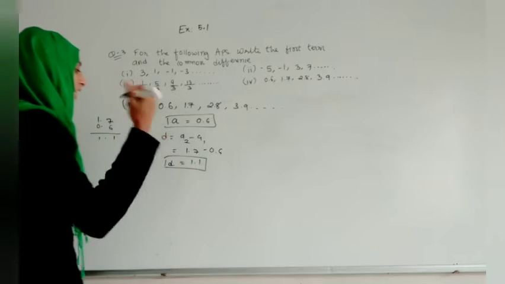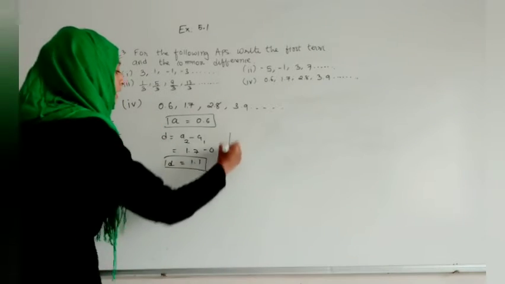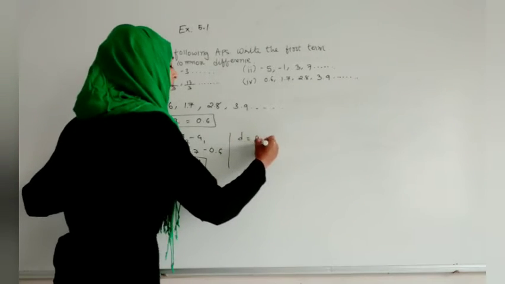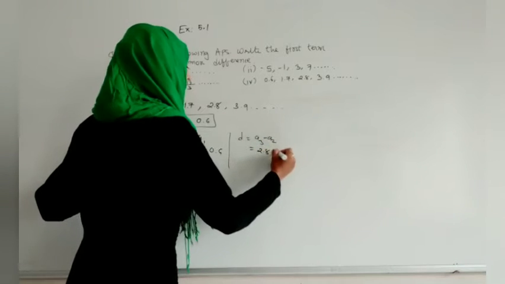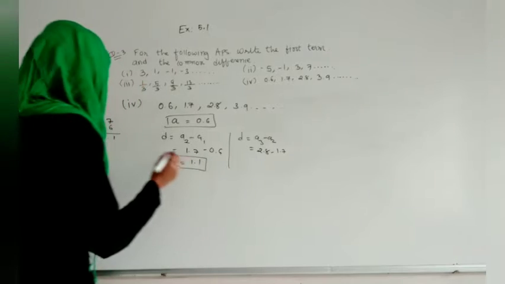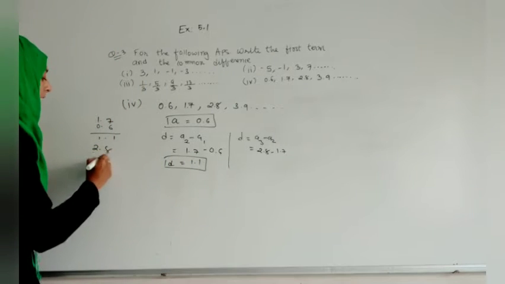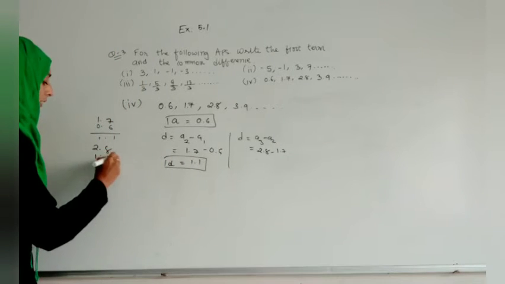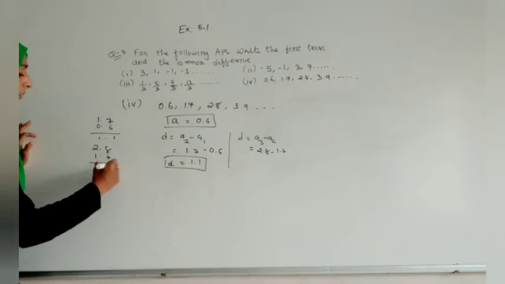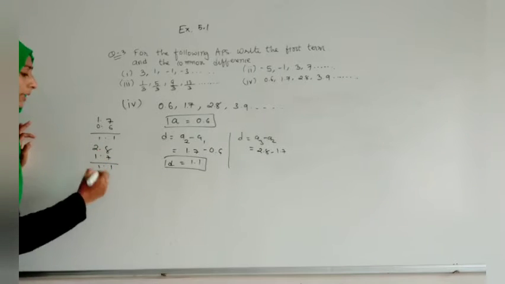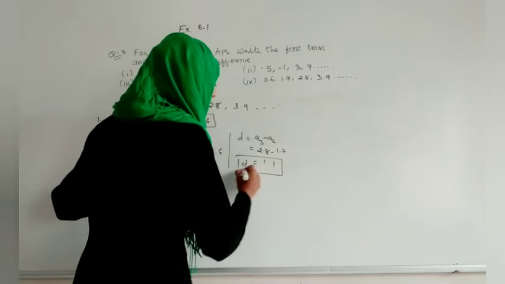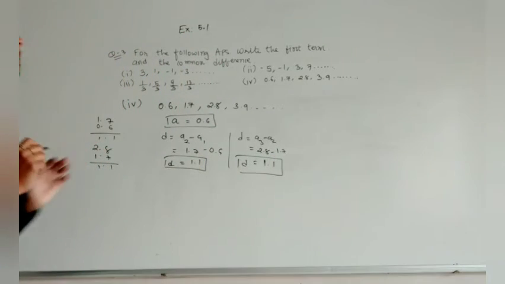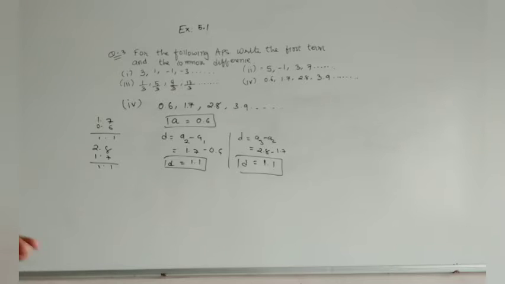If you want to check it again, you can check it by doing A3 minus A2. So what is A3? That is 2.8 minus 1.7. So here if you are writing 2.8 and writing 1.7 with decimal below decimal, so 8 minus 7 will be 1, and 2 minus 1 will become 1.1. So here we got again answer as 1.1. So here the common difference is of 1.1.